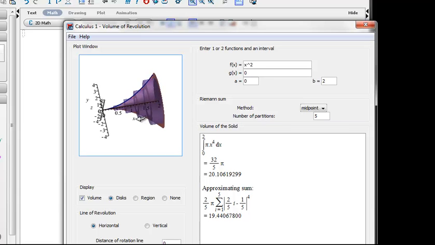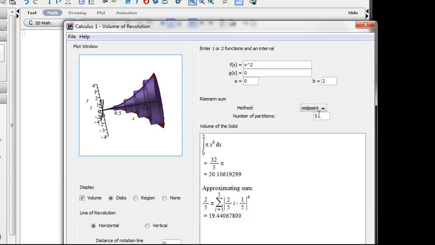So I want you to think about what each disk represents. The area of the base of one of these disks multiplied by this width is a volume. And then we're going to let the integral collect all those. Much like the integral collects the infinite set of rectangles to approximate the area, we're letting the integral here collect the infinite number of disks